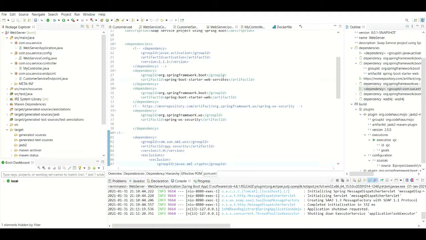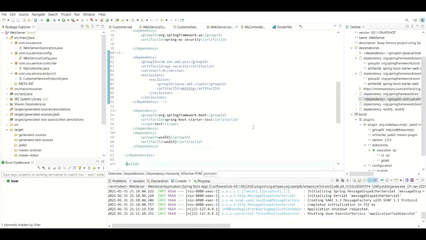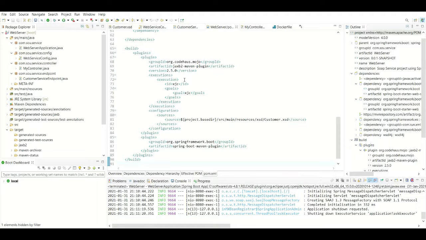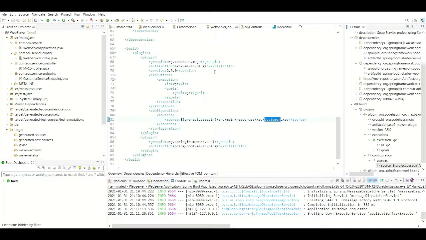Here we have a starter web service. This is for the SOAP service. Then down we have a starter web. This is for the REST web services. And then down I have used the JAXB plugin to generate the Java files from the XSD file using the XJC plugin. So here you see that customer.xsd file, and I'll show you my simple